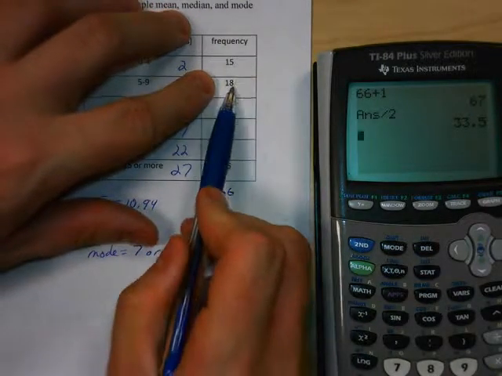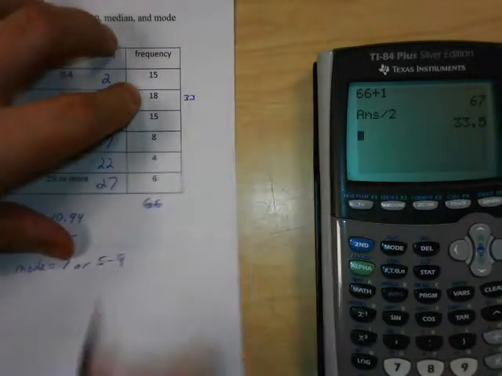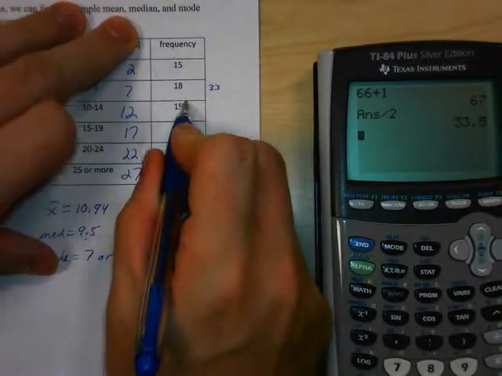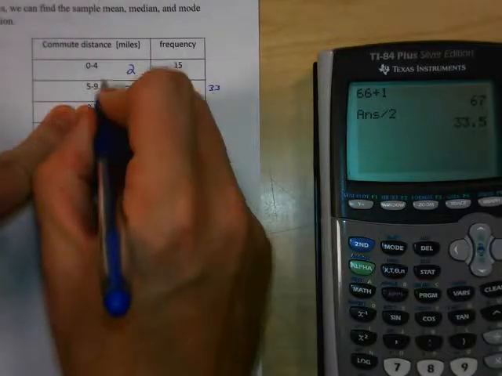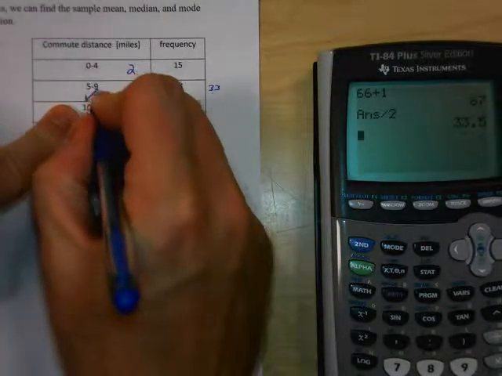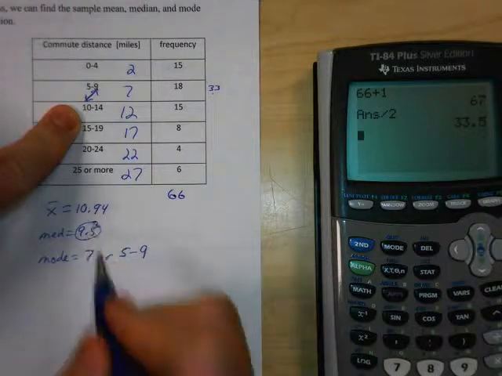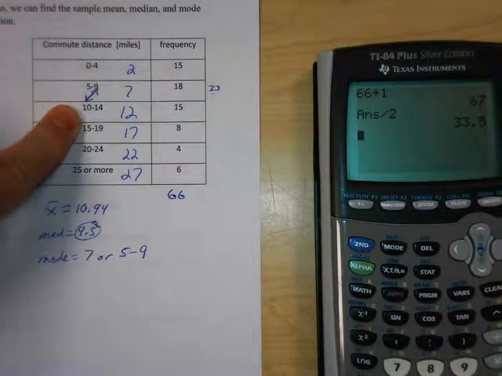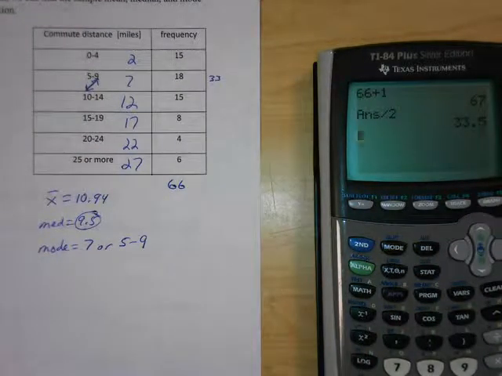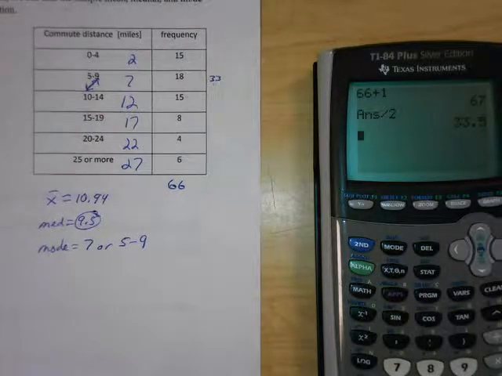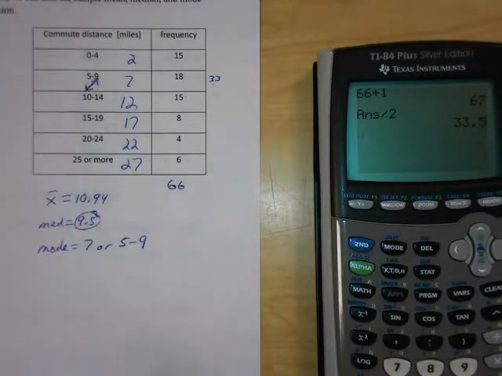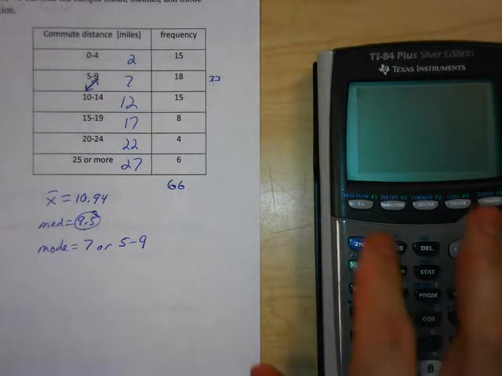Well, we notice 15 and 18 is 33. So that's 33 total. 34 would be the first number from 10 to 14. So 33.5 would be halfway between 9 and 10, which is 9.5. Okay, so that's where the median is coming from. Okay, and again, as far as the standard deviations go, those are the S and sigma for the sample and population. Okay, so again, the idea for this video was to show you on the calculator